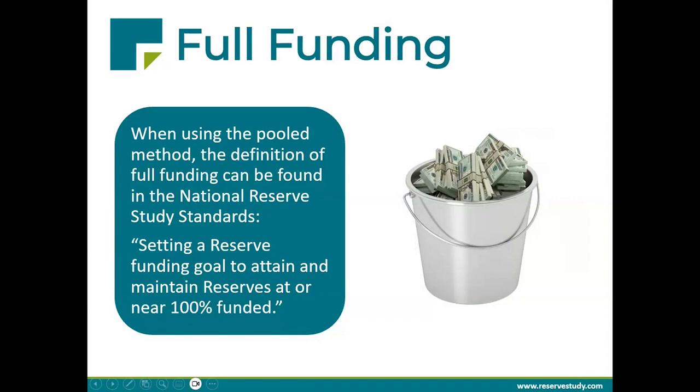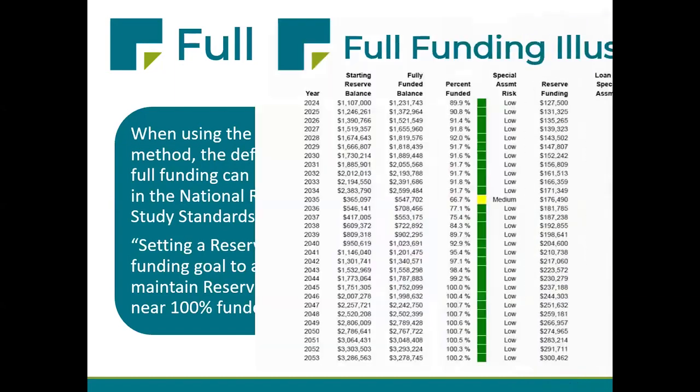Okay, that's why it's so important that we understand this concept. And this is what the CAI adopted as the National Reserve Study standards back in 1998, 4 years prior to when pooled reserves became allowed in Florida. I wish I could have been in the room back then to point out that there was existing terminology. Let's be consistent with that. There's no need to reinvent the wheel here, but this is where things stand at present. So how does that look, right?